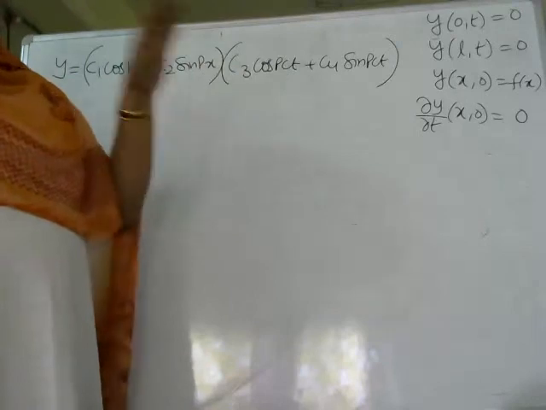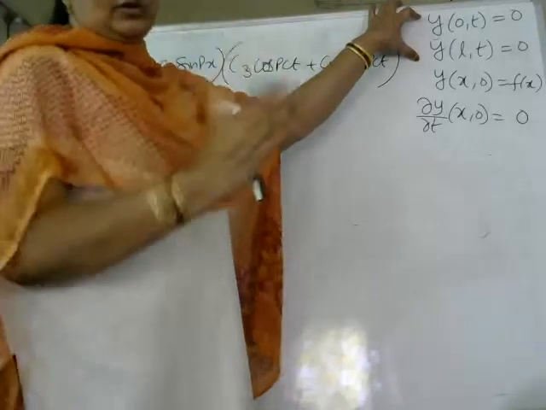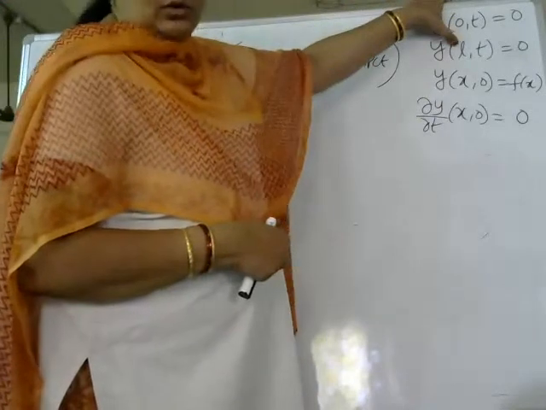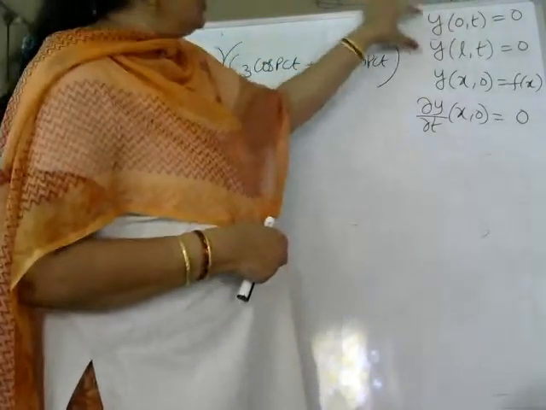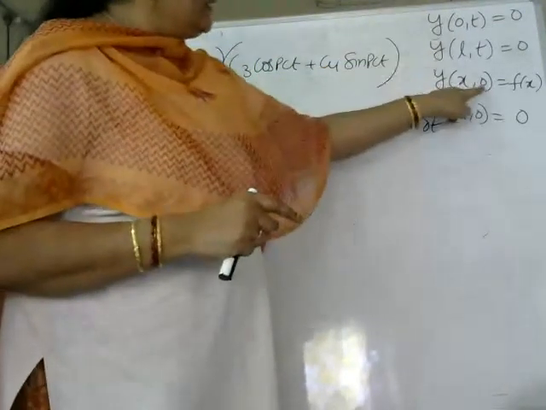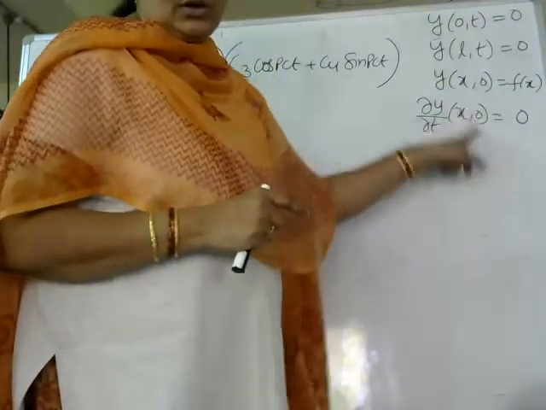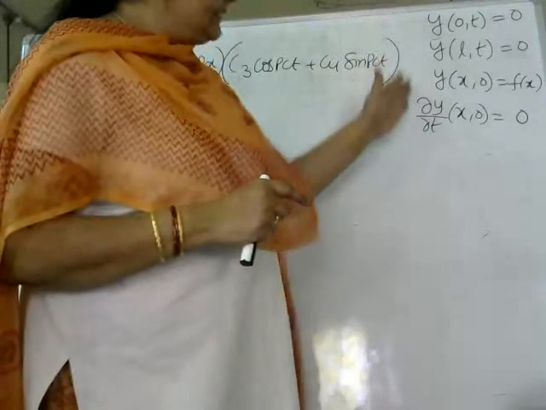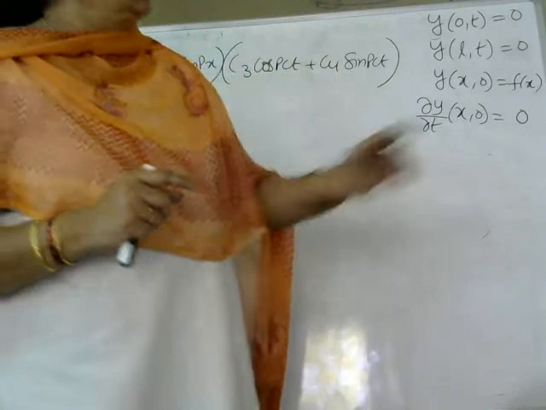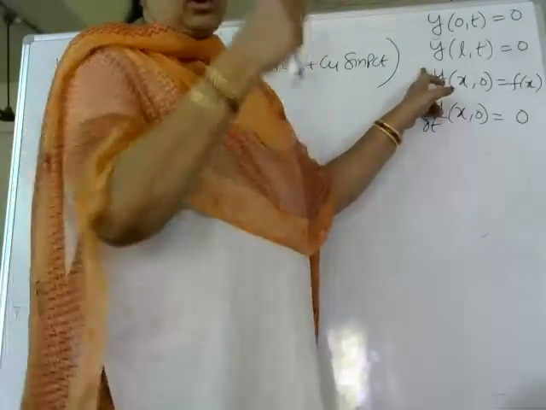Always, by default, for a wave equation, these 2 conditions are common. I told you already, unless it is fixed at both ends, it cannot vibrate. So at x equal to 0, as well as at x equal to L, y is equal to 0. These 2 are conditions on x. What are the conditions we have for t? At t equal to 0, initial displacement. At t equal to 0, initial velocity. These 2 are conditions for t. Out of these, we will get 3 zero conditions and 1 non-zero condition. First, you have to complete all the 3 zero conditions. Last, the non-zero condition. That is the order we follow.